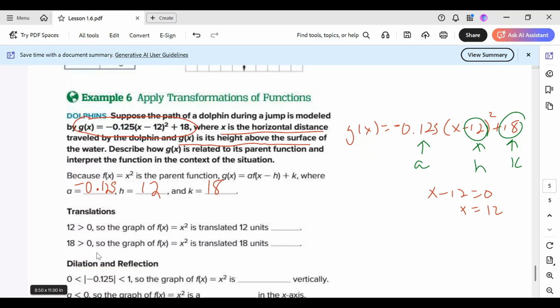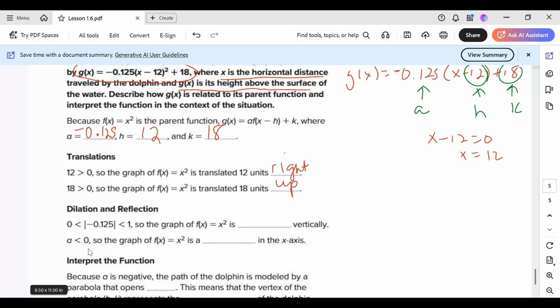So when I'm looking at my problem, since 12 is bigger than 0, the graph is going to be translated 12 units to the right. 18 is bigger than 0, so the graph is going to be translated 18 units up. Now the dilations, though. Since 0 is less than the absolute value of -0.125, which is less than 1, since it's in between 0 and 1, we are going to be compressing our graph. So it's going to be compressed vertically. And because the a value happens to be negative to begin with, our graph is going to be a reflection